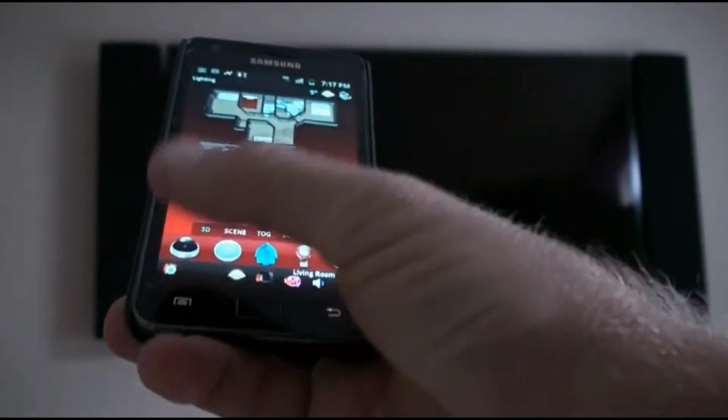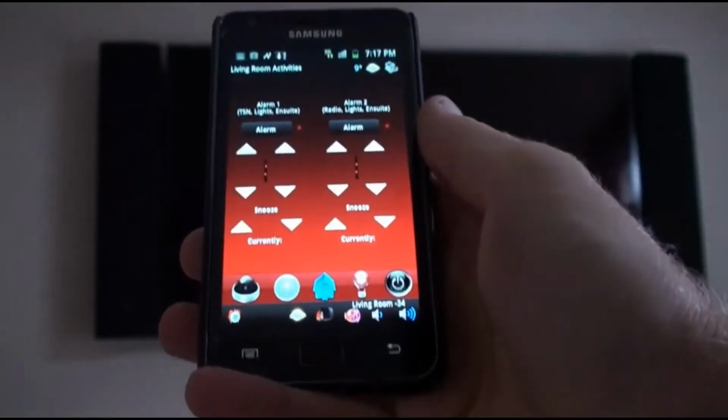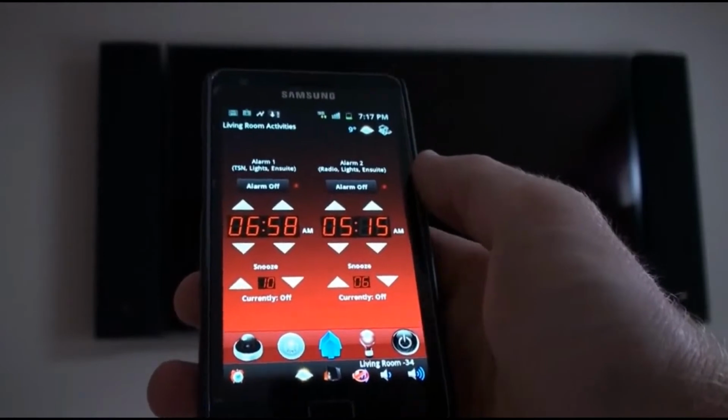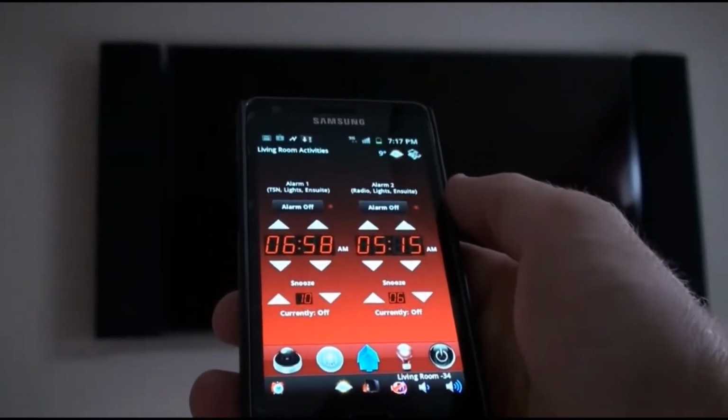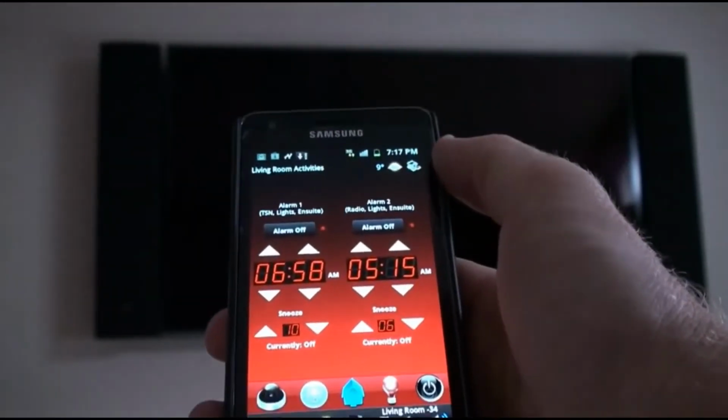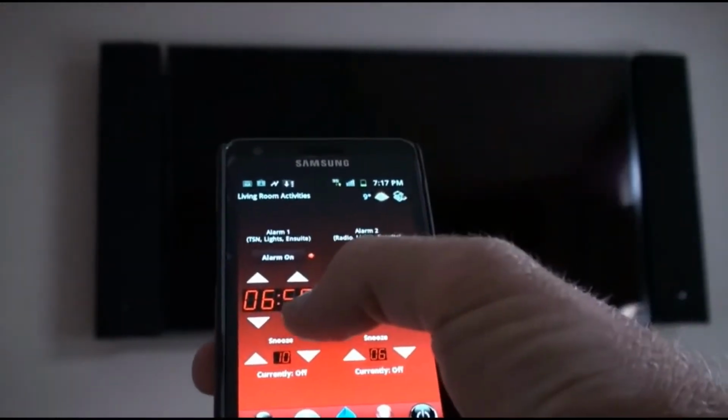Other things that are on here that we programmed into here is alarm. So we've got the alarm. So the alarm is set for the master bedroom. We can turn it on and off here. So when we turn this on and change the time,